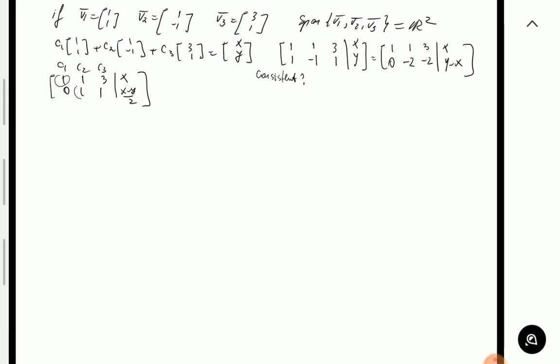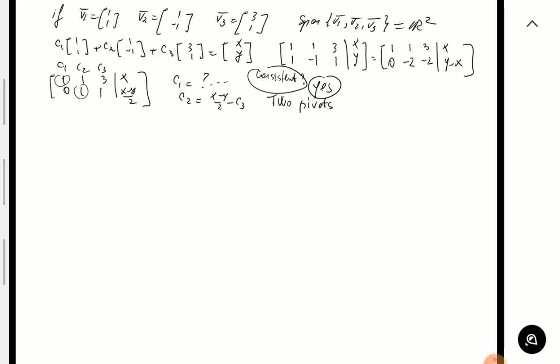So notice the pivot variables are C1 and C2. I will basically solve in the second equation for C2. It's going to be x minus y over 2 minus C3. Then I can plug it into the first equation, and I'm going to get C1, right? So obviously I'm going to have a solution. It's going to be consistent. Yes, consistent, because I'm going to have two pivots,